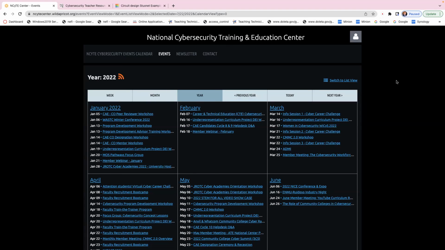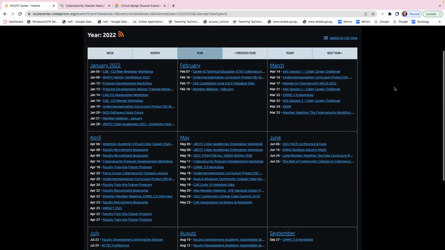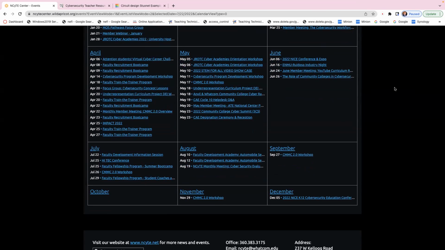But look at the schedule. All right, this is this year's schedule of different things that are available. Now, not all of these are faculty development, but all of these are things that faculty can get involved in. But if you're looking at